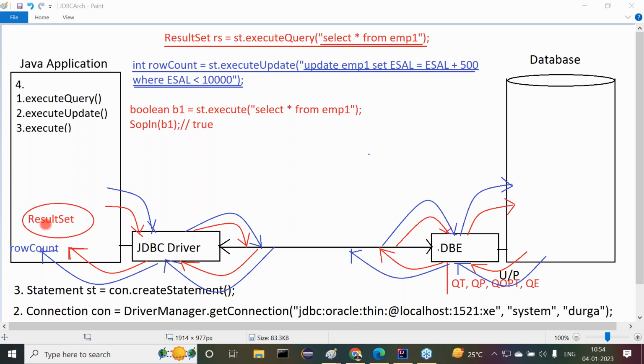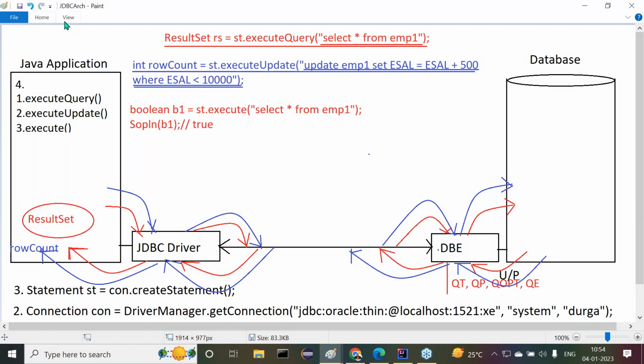Now the result set object is created, but please remember this. The result set object is created even in the case of the execute method with a select SQL query. The result set object is created, but the execute method will not return the generated result set object reference. Here, the execute method will return the true value. Got it or not? So here we get the true value. All right, so then after that,